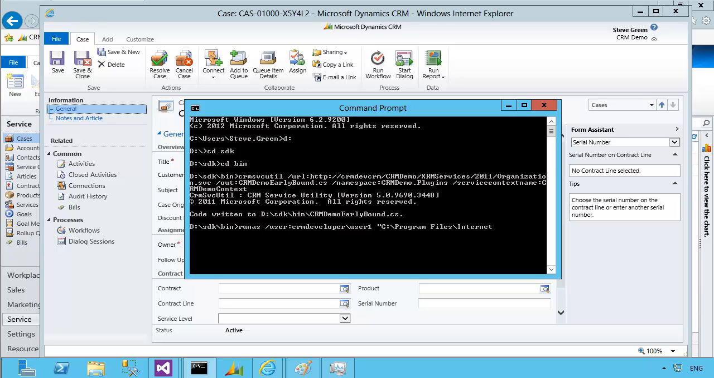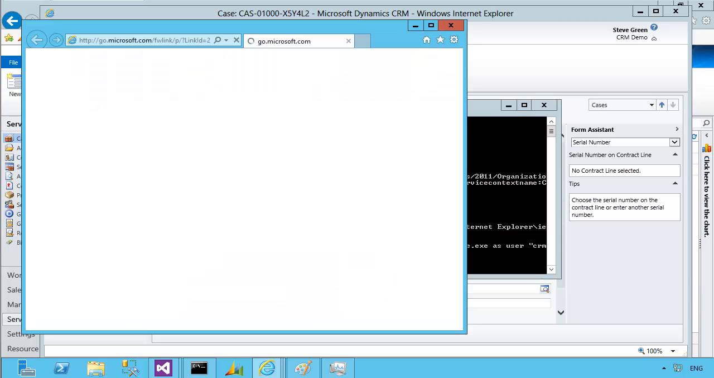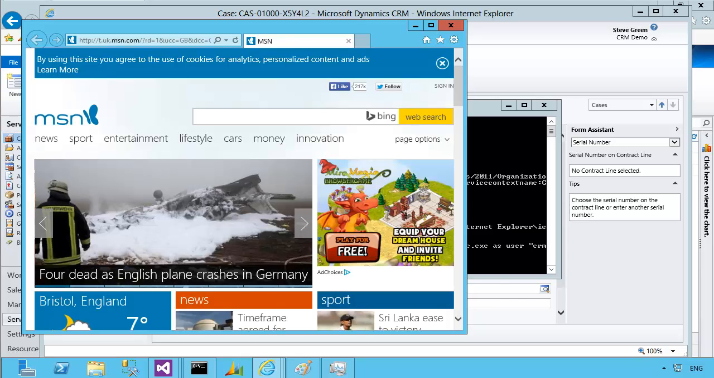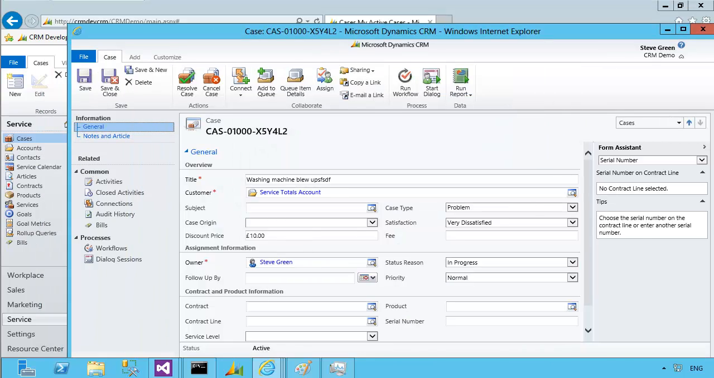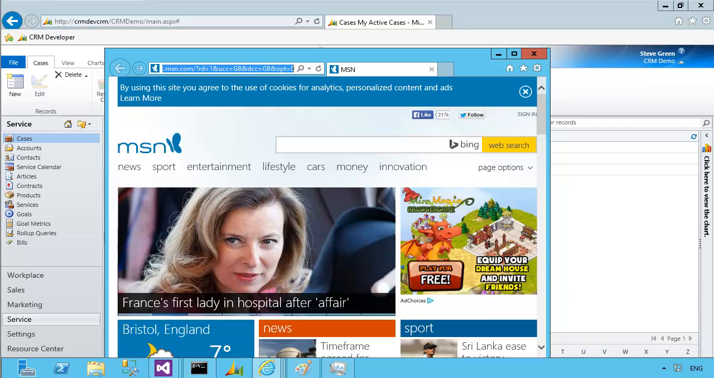Internet Explorer under the context of this other user. That should fire up a new browser, which will obviously have the default settings. It won't have been initialized, as I've never logged in as that user before. So if I just copy that URL,